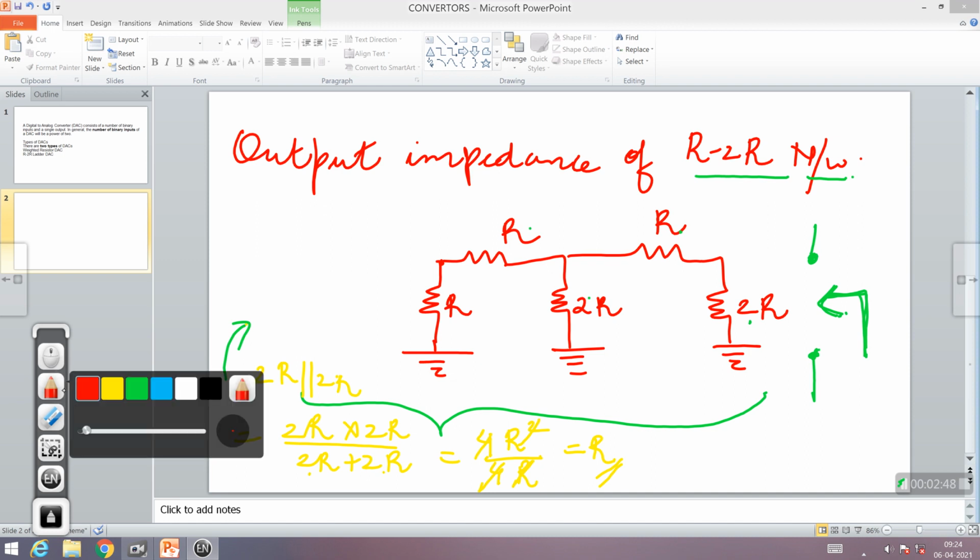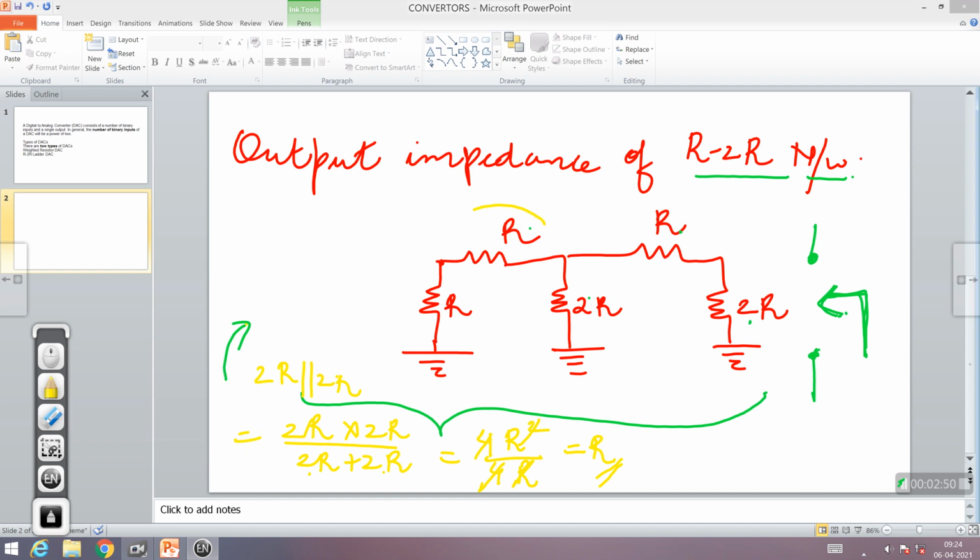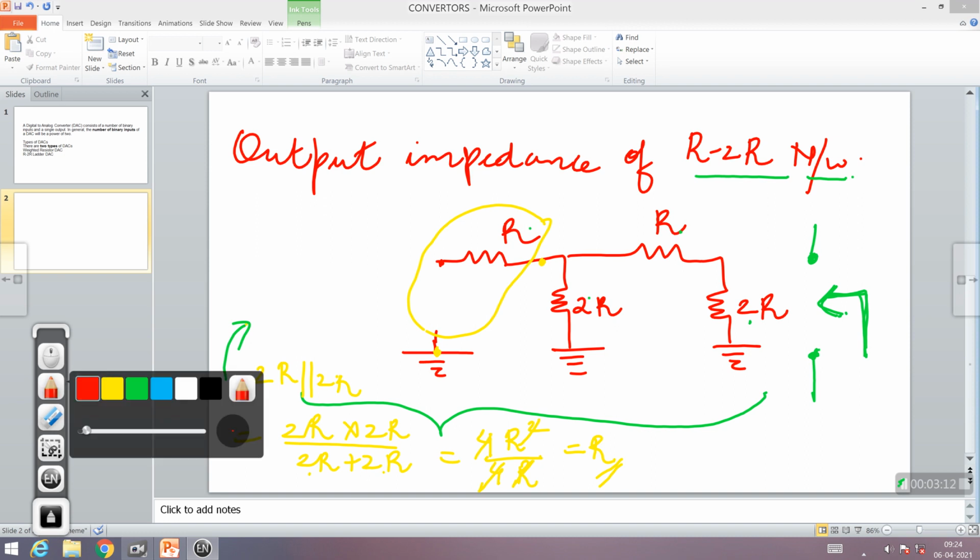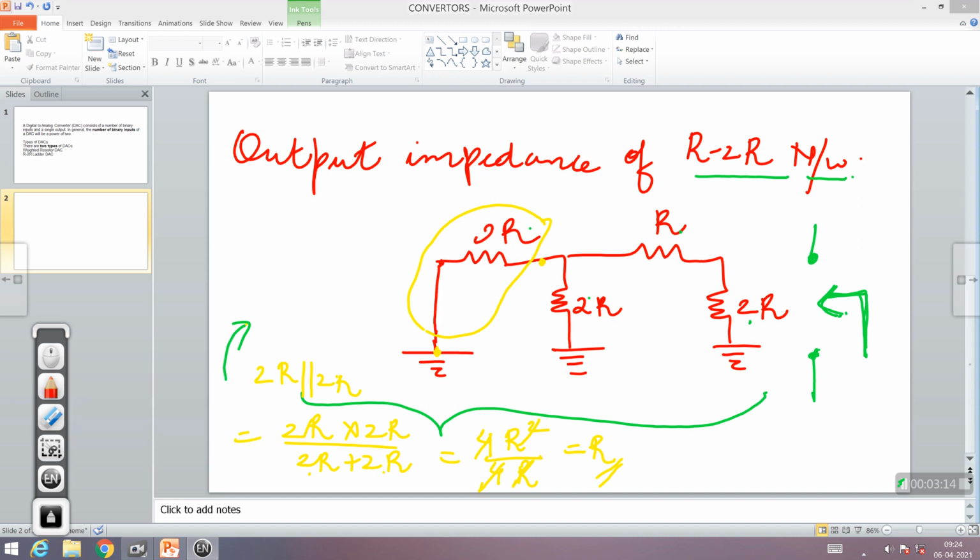Now if you notice, this resistor R and this resistor R, both of them are getting connected in series. So this entire network I have to again replace at this point and this point over here. So let me eliminate one resistor because only this has to be replaced by 2R, as both are in series. This becomes 2R. Fine. Now the next network is